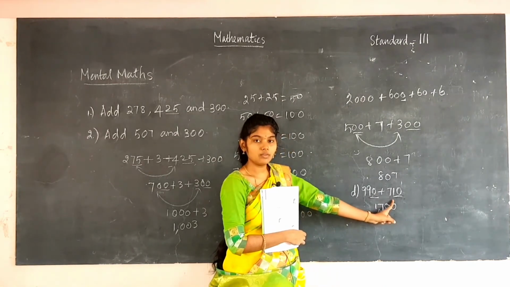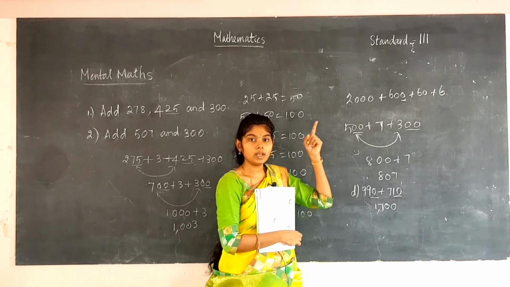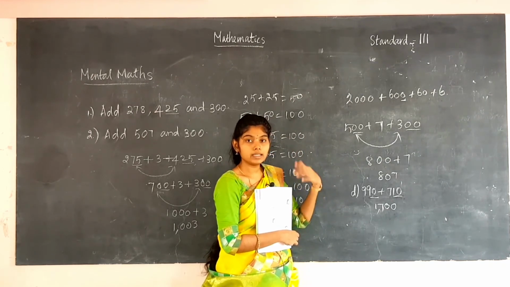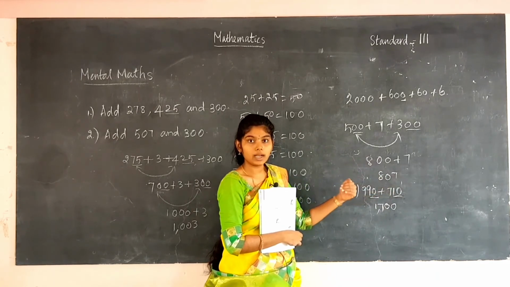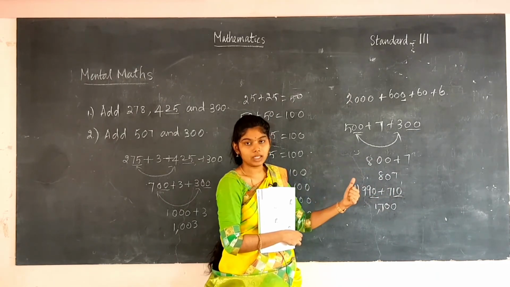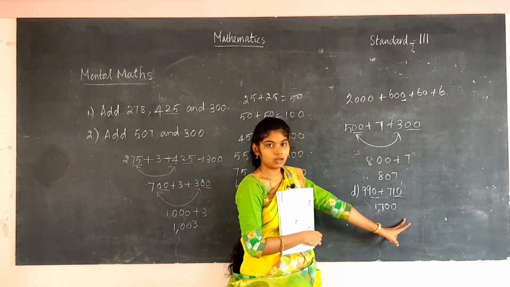It's somewhat difficult there. So you can add to that number what you kept in your mind, that is 1 and then 9. So 1 plus 9 is 10, and easily you can add 7 to that number. 7 you can write in the ones place. So you got 17. So write that number 17 here. So the answer is 1700.